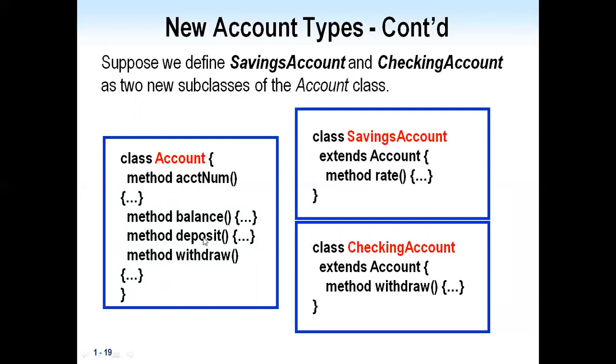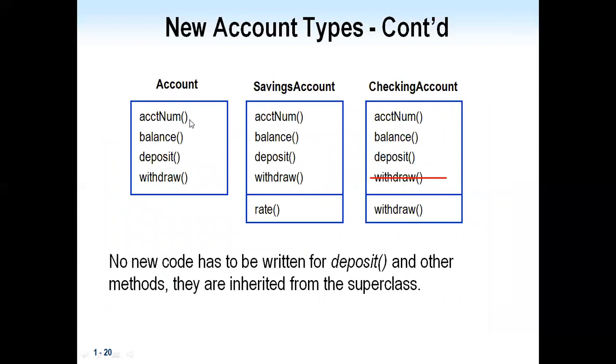So suppose you are using the method withdraw. You cannot define the method again, because the account class that was extended already has the method withdraw. You cannot write separate code for withdraw. The account has the operations deposit and withdraw. Saving account has the same behavior, deposit and withdraw. Checking account has the same behavior, deposit and withdraw.